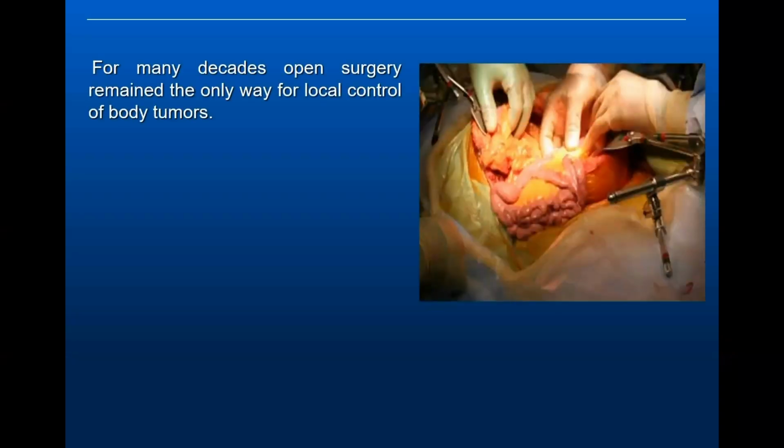So for many decades, open surgery was the only way where you can achieve local control of body tumors. So basically, the idea was very simple. If someone has a tumor, we need to cut him open and get the tumor out. And this was mainly what's available. At that time, there were also the two other pillars of oncology treatment in general, which are basically chemotherapy and radiation therapy. They were mainly reserved when the patient has some spread of disease so that we can give some systemic therapy,